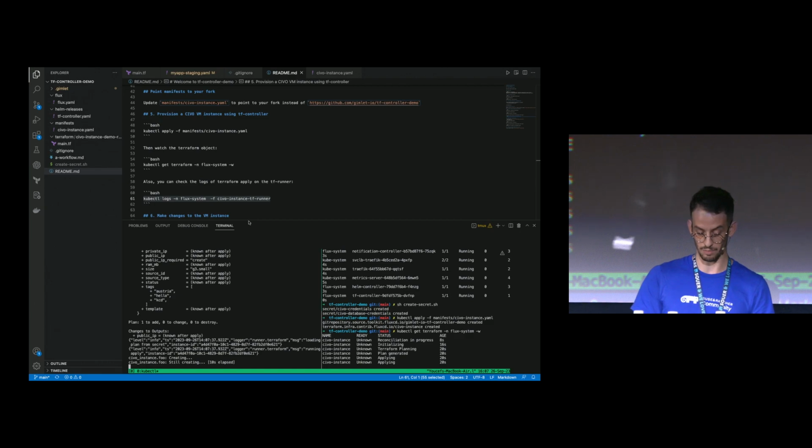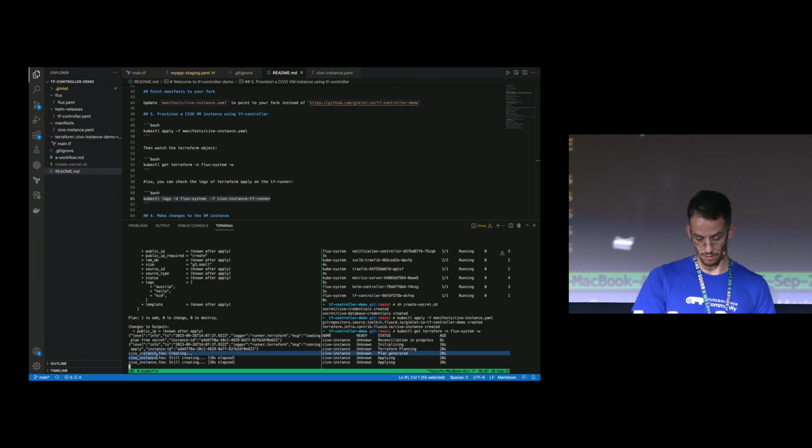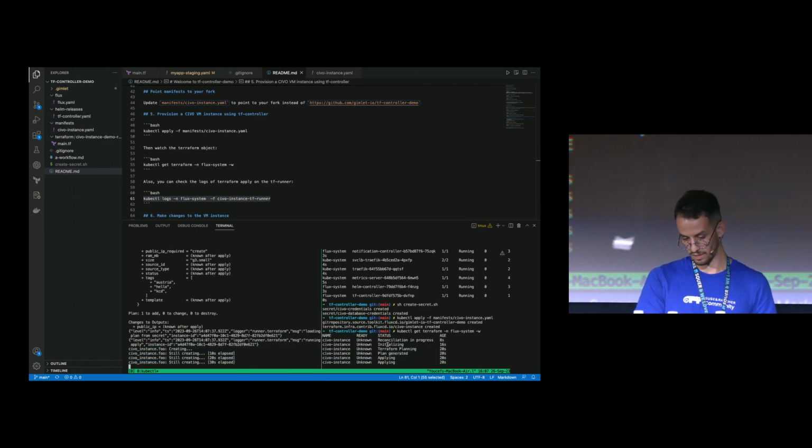It will plan and apply things for you, and it has two outputs, the Terraform state and the Terraform plan, as secrets. We're waiting till our virtual machine is created on Civo Cloud, and you can see the different states: initializing, Terraform planning, plan being generated, and component being applied to the cloud.